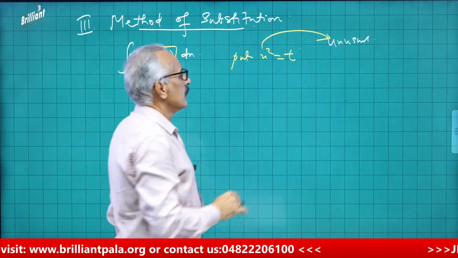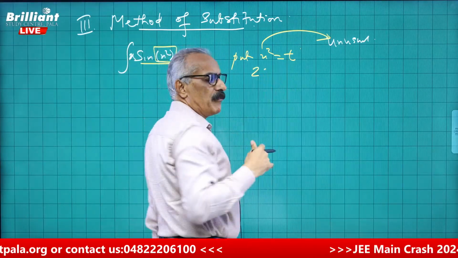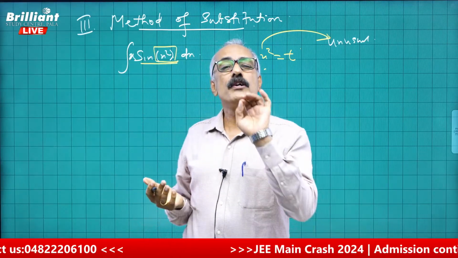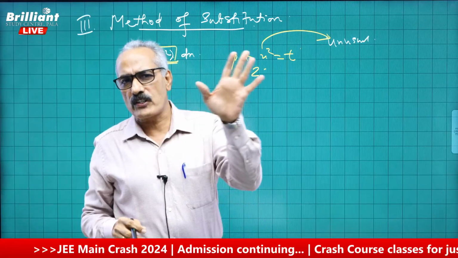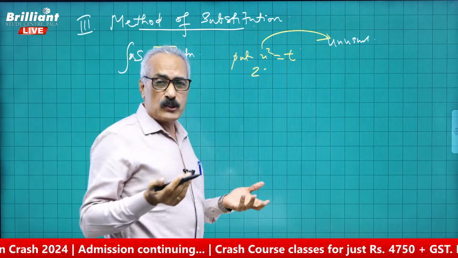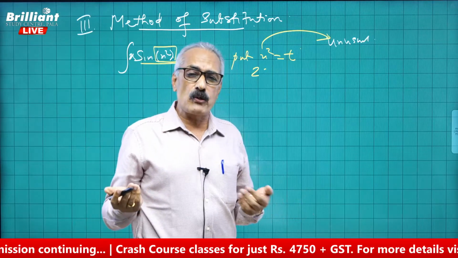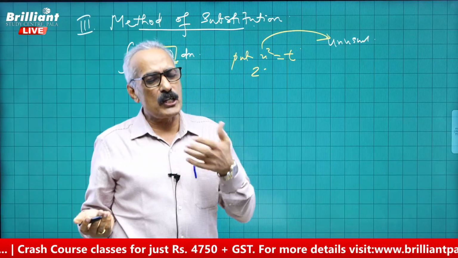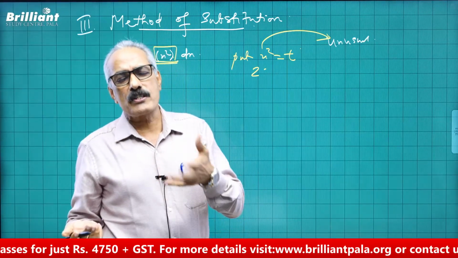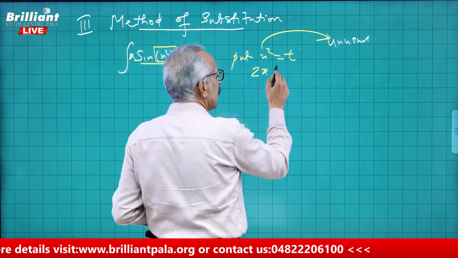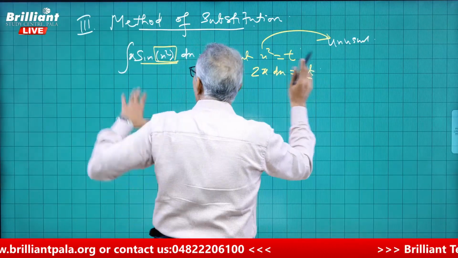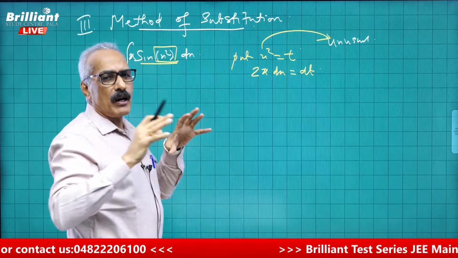So, put it as t and differentiate. Why do we substitute? In order to differentiate. What sort of differentiation? Differential differentiation. That means derivative of x square is 2x dx. Derivative of y square is 2y dy. Derivative of t square is 2t dt. Derivative of sin t is cos t dt. So, this is 2x dx is equal to dt, because we are going to change the variable x in terms